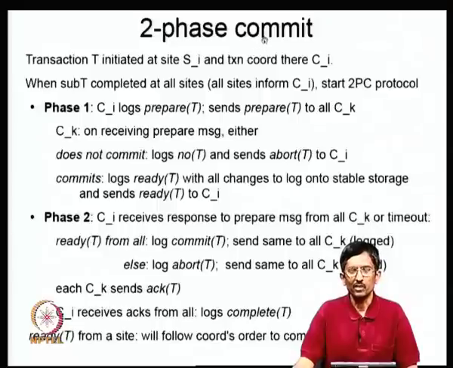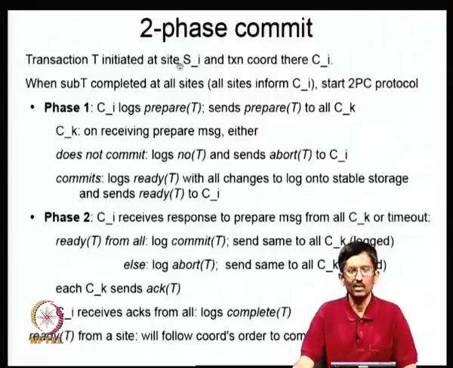You have transactions which are executed in a distributed fashion. That means that it is executed not only at the coordinator, we will call it CFI. CFI is the coordinator, and it is also executed at multiple other places. The idea is that if the transaction is to be completed, it has to be completed and agreed upon by everybody else, or nobody should proceed with the transaction, any subcomponent of the transaction. Okay.